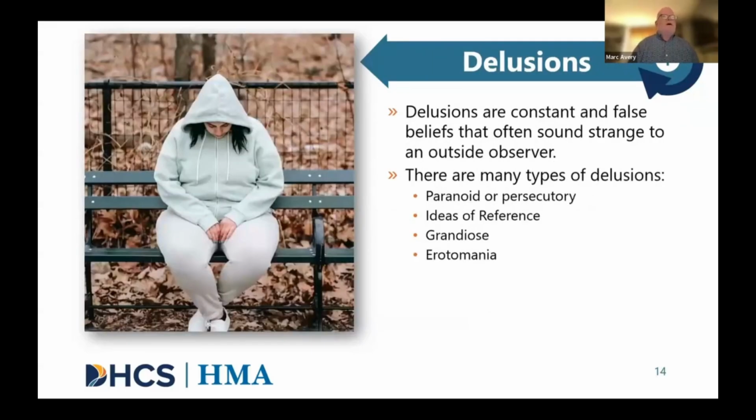On our next slide, we talk about another prominent symptom in schizophrenia, and that's delusions. Delusions are another common feature in schizophrenia and refer to fixed false beliefs that are often bizarre sounding to an outside observer. For instance, someone might feel that the body of a person they know well has somehow been taken over by someone or something else entirely. There are many types of delusions, however. Most common are what's referred to as paranoid or persecutory delusions, that are the false belief that somebody is out to get them or hurt them in some way.